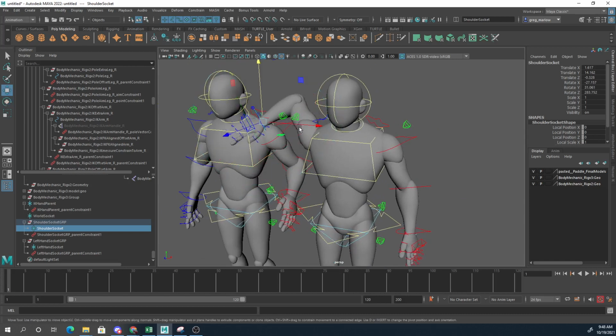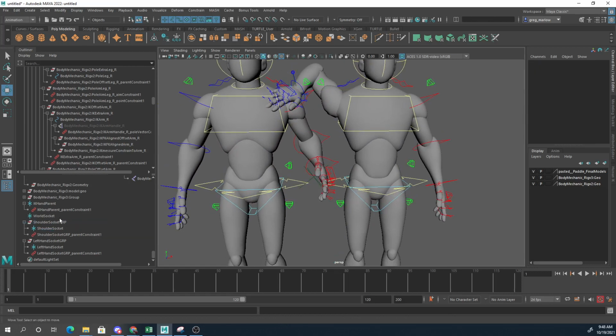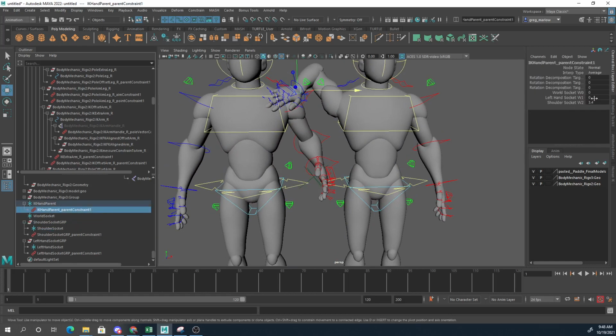We'll say something like this. But now I just have to change that one value on this IK hand parent here, set to 1, not 3, to change between whether this is on our character's hand or our character's shoulder,